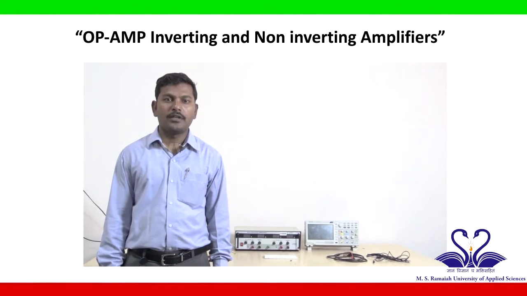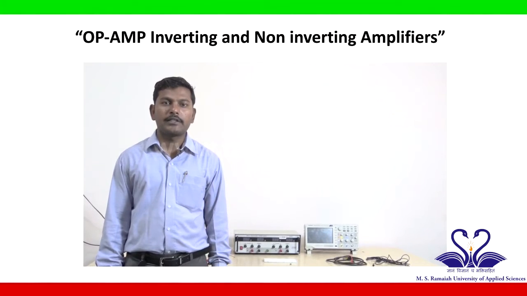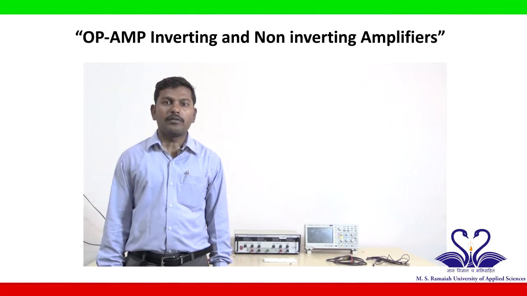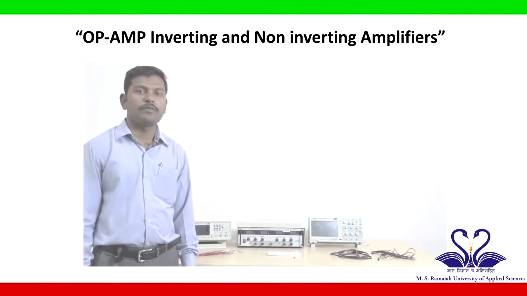Hello students, name of the experiment is op-amp inverting and non-inverting amplifier. Aim of the experiment is to study the characteristics of an inverting and non-inverting amplifier and also to find the gain of op-amp based inverting and non-inverting amplifier. Components required for the experiment are